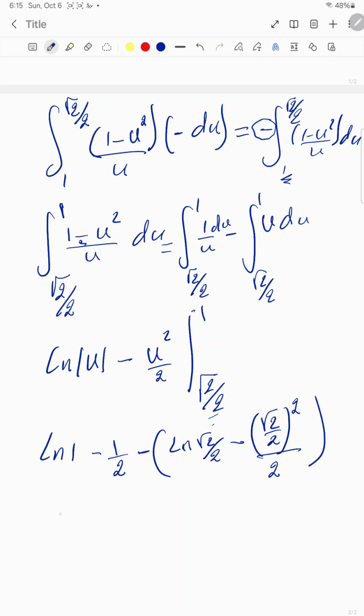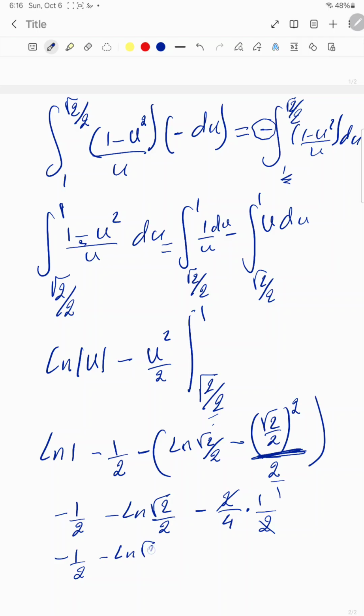I don't have to write it. So minus 1/2 minus ln of square root of 2 divided by 2. And this becomes minus 2 divided by 4 times 1 divided by 2. So because there is division, it becomes multiplication, but I have to flip the denominator. So it becomes minus 1/2